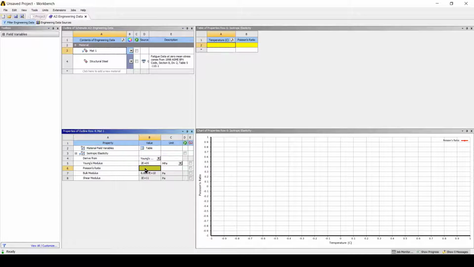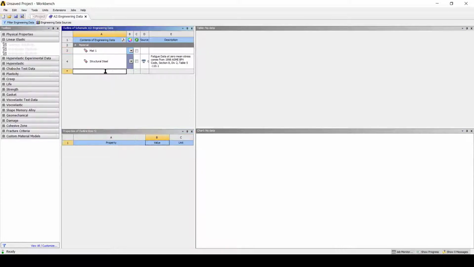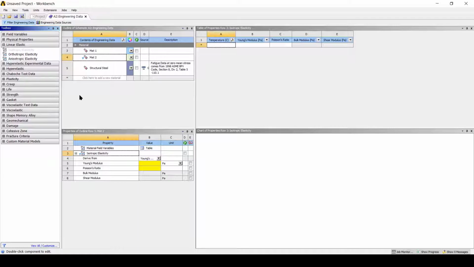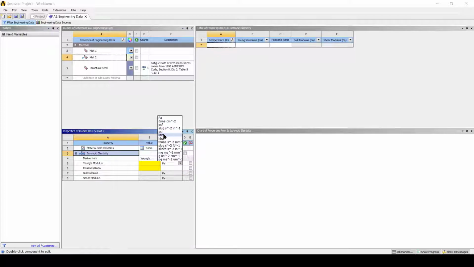Again, in this analysis, Poisson's ratio does not have any effect on the output or on the result. So we can take it as 0. So we have assigned the first material and its properties. Now let us add the second material. So I am naming it as mat2, and then again I want to assign the property to this material by double clicking on isotropic elasticity. Again, unit should be in MPa.